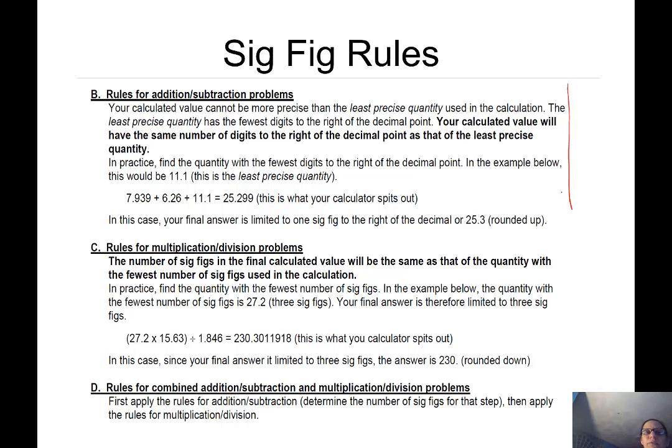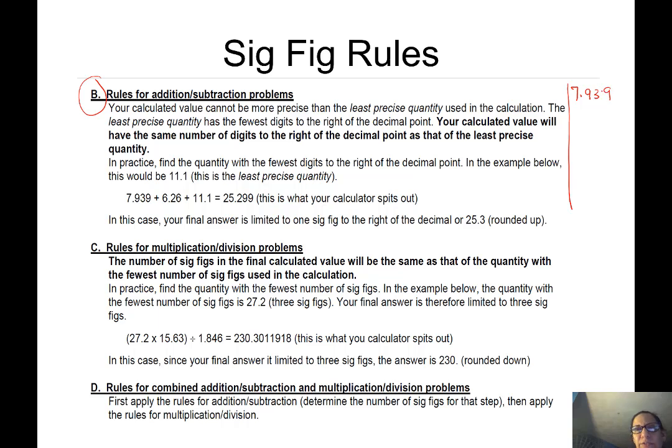So this one is totally different from the rest of them. Your calculated value cannot be more precise than the least precise quantity used in the calculation. The least precise quantity has the fewest digits to the right of the decimal point. Your calculated value will have the same number of digits to the right of the decimal point. So for example, you have